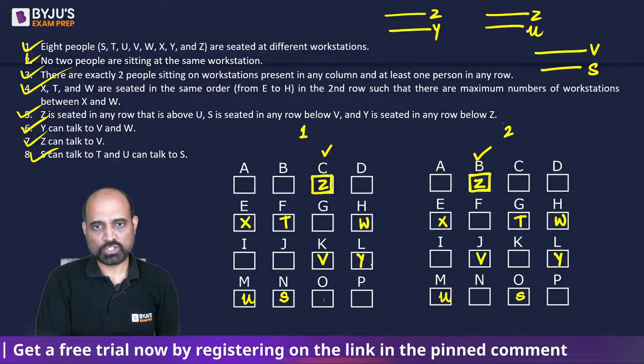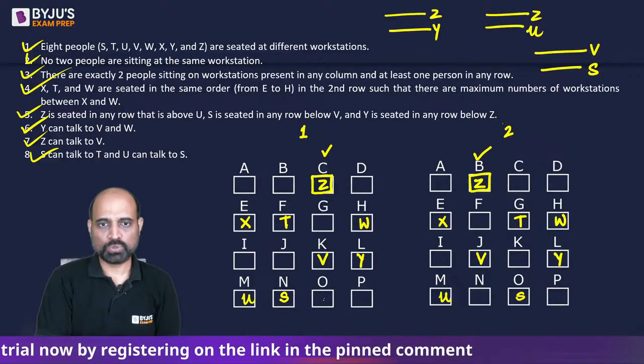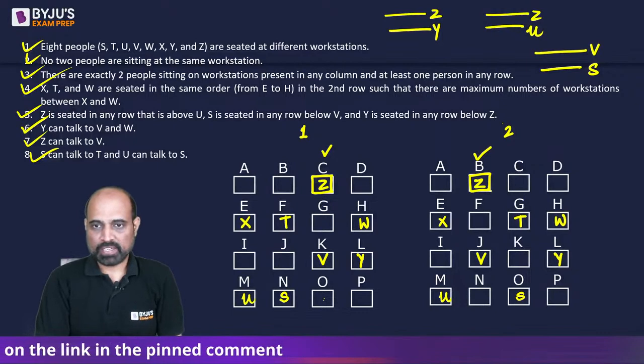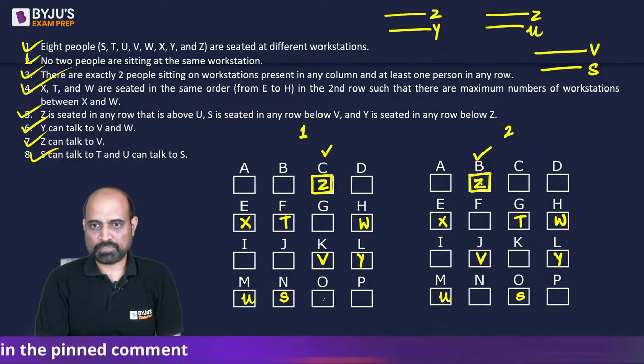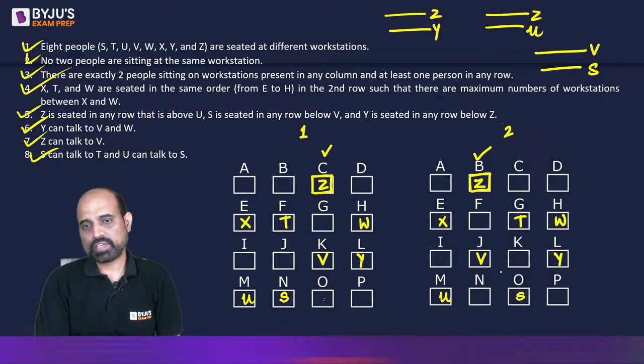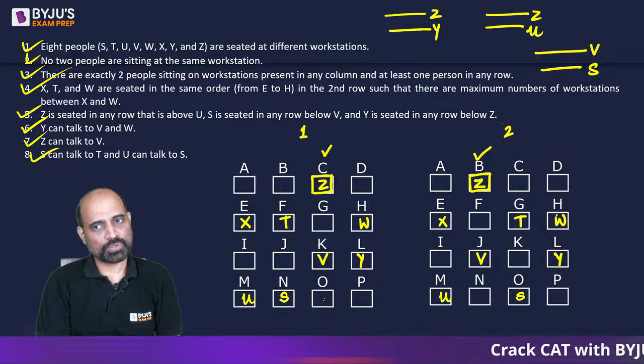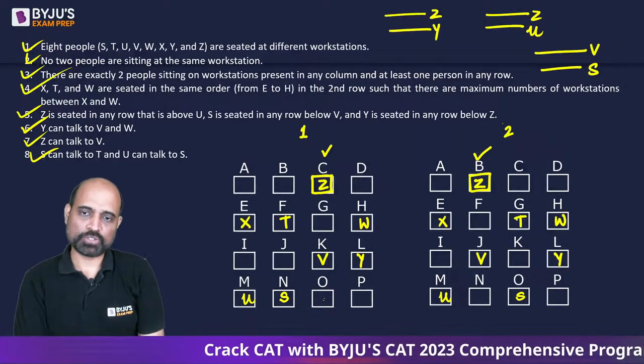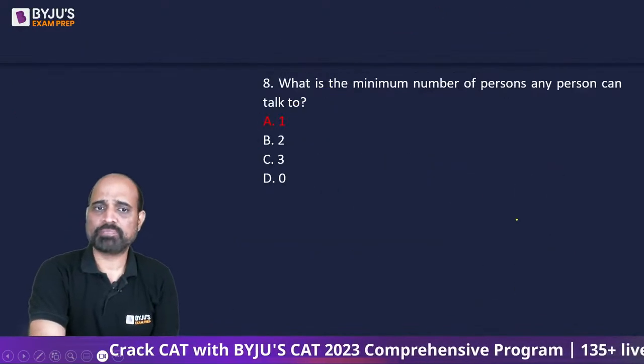V has got 2 people to talk to. U2, S2. 3 maximum दिख रहा है. If we look here, we will have Z can talk to only 1. X can talk to 3. V can talk to 2. T can talk to 1, 2 and 3. W can talk to 1, 2 and 3. S can talk to 2. U can talk to 2. So 3 is the maximum